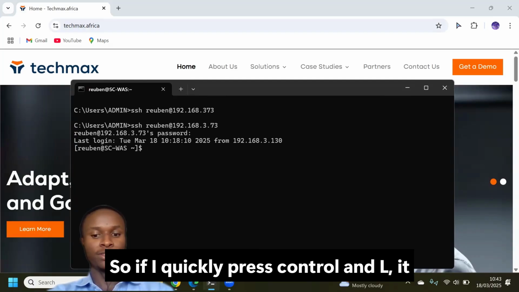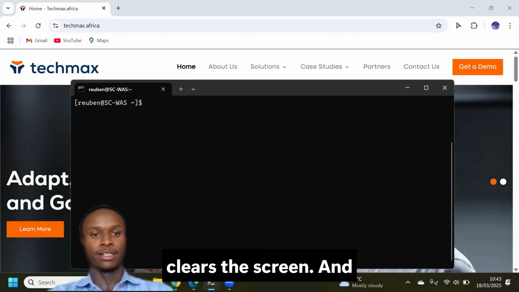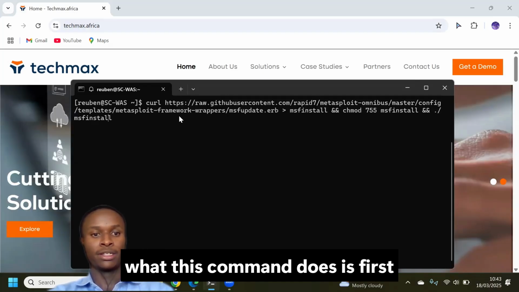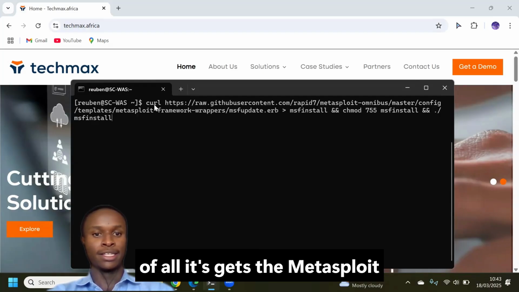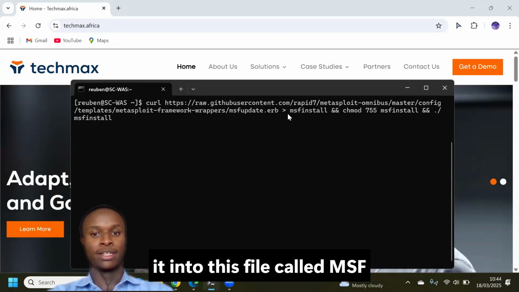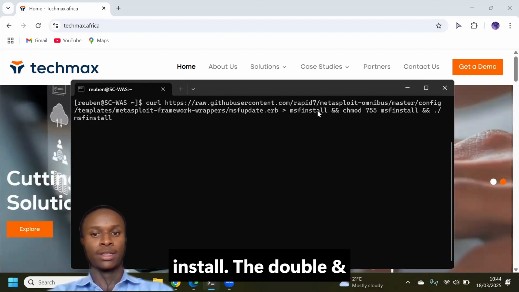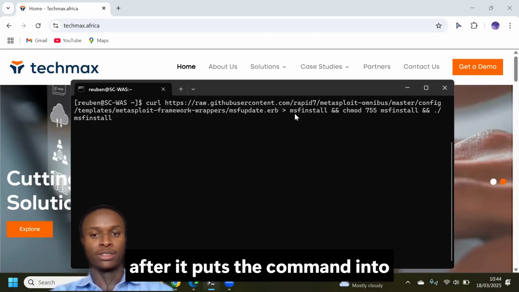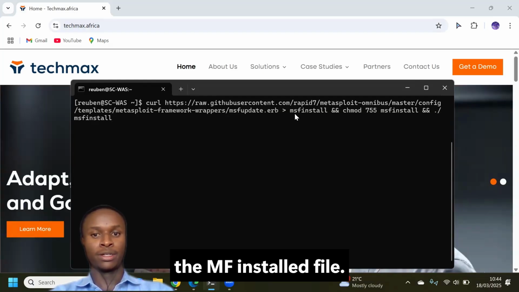So if I quickly press Control and L, it clears the screen. And if I paste in this command, what this command does is, first of all, it gets the Metasploit framework from their website and puts it into this file called msf install. The double ampersand stands for and. So after it puts the command into the msf install file,